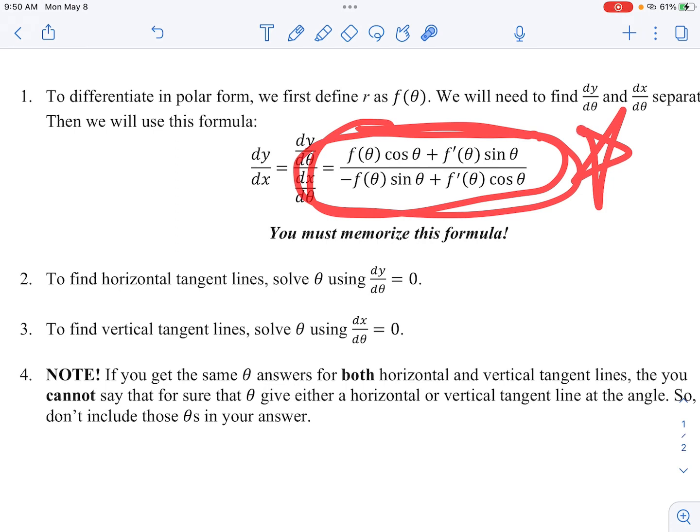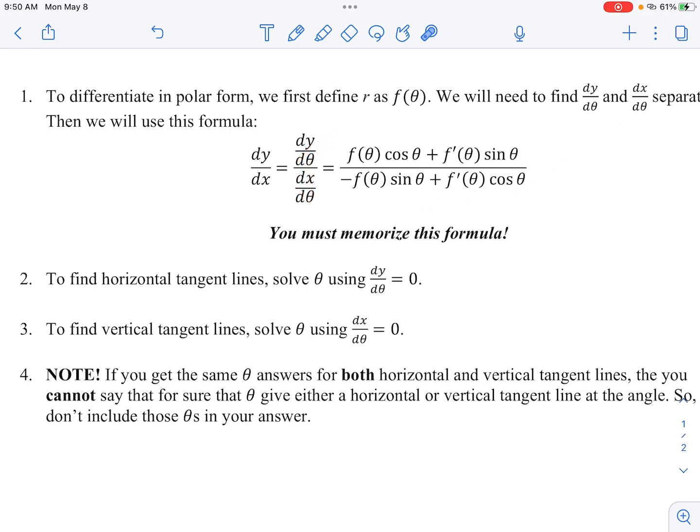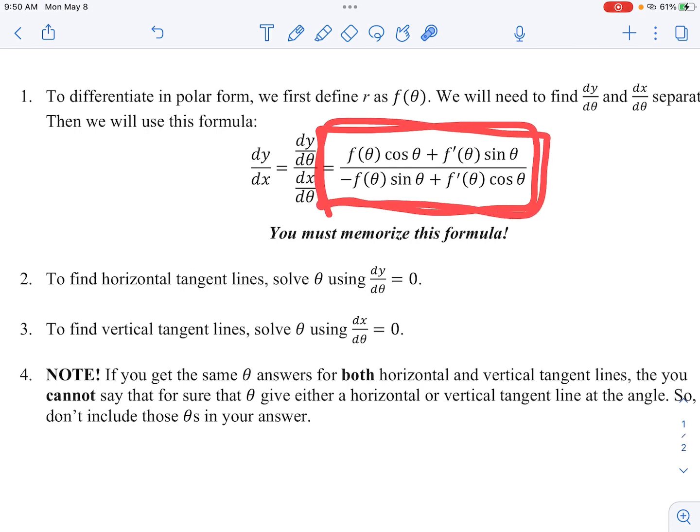This formula takes all of the ins and outs of how you would have to take the derivative of y divided by the derivative of x, and all the different nuances of those derivatives, and just places it into this. And so if you can just memorize this formula, and it looks like a lot,